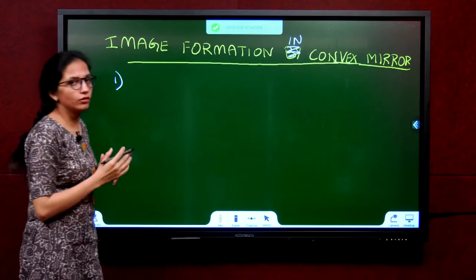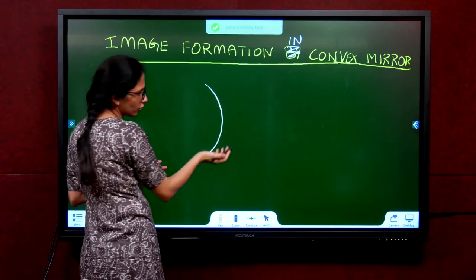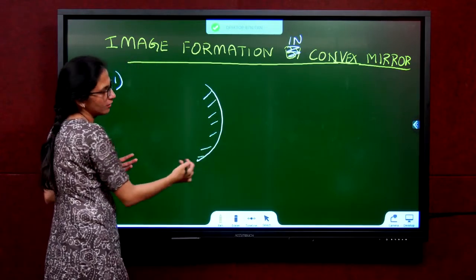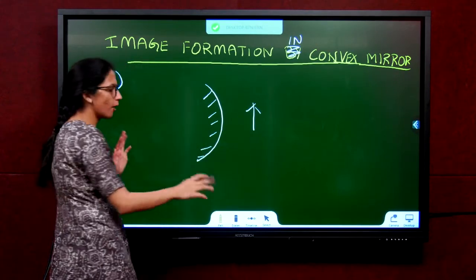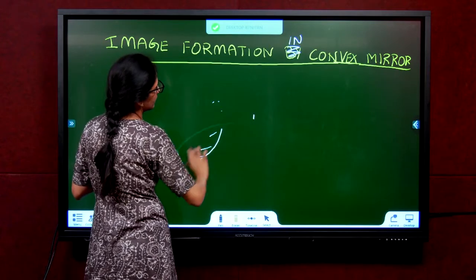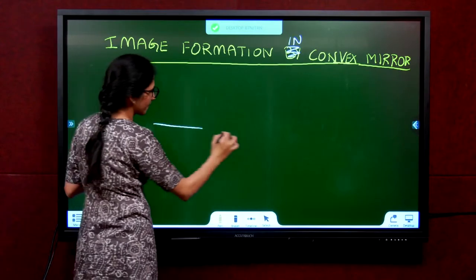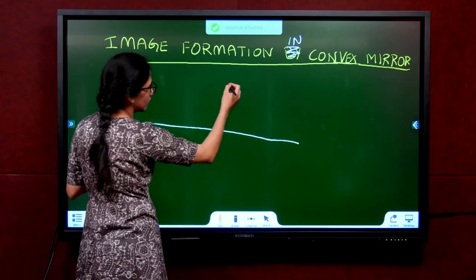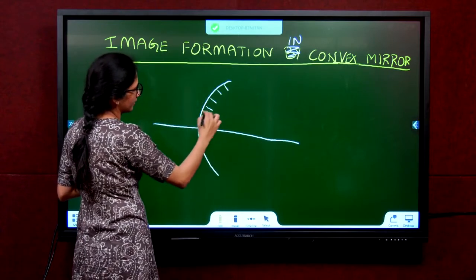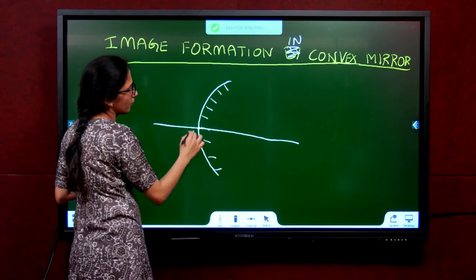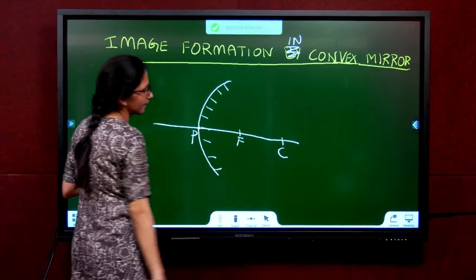So now how to draw a convex mirror? Same type, only the difference is before you were drawing the curve like this, you can draw the curve like this also, and you can draw the rigid side here. Then you have to keep the object here. We always want to keep the object to the left, so we will follow this technique. All of you take your compass, measure approximately 4 centimeters on a line, draw from this side. Keep your compass needle here and mark it. This will be my pole. 3 centimeters away mark focus, another 3 centimeters away mark C.